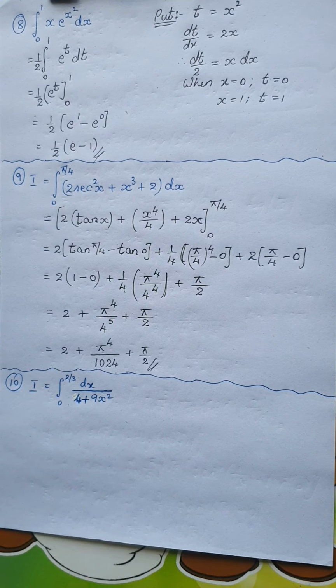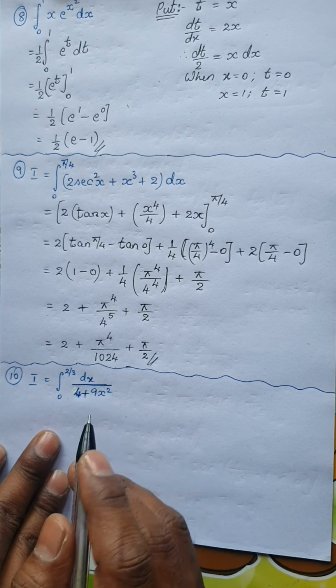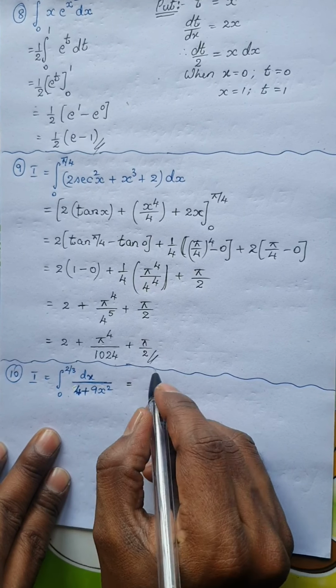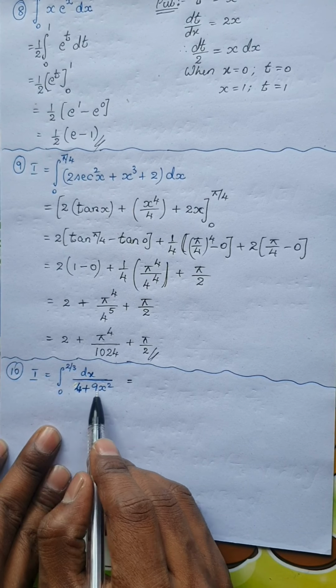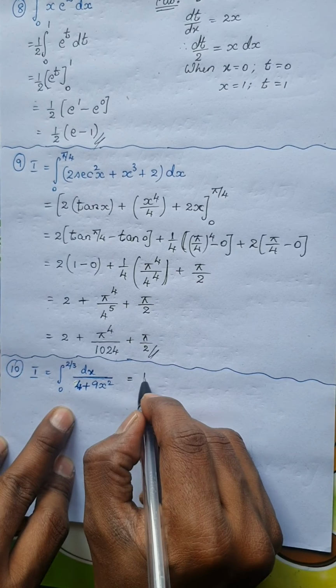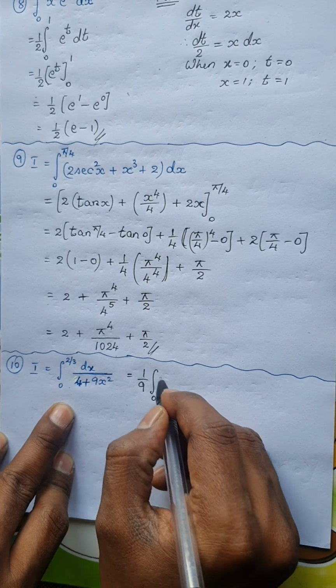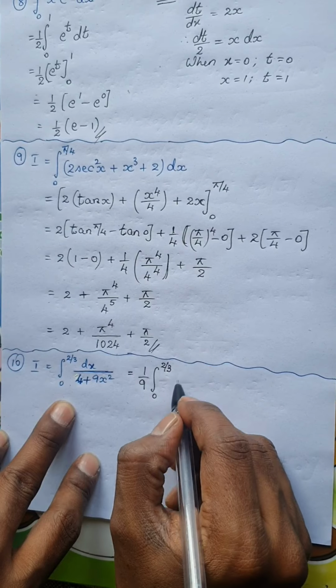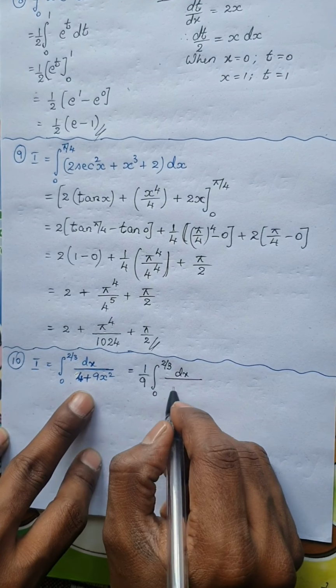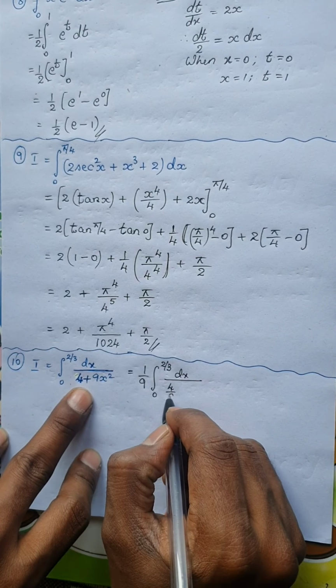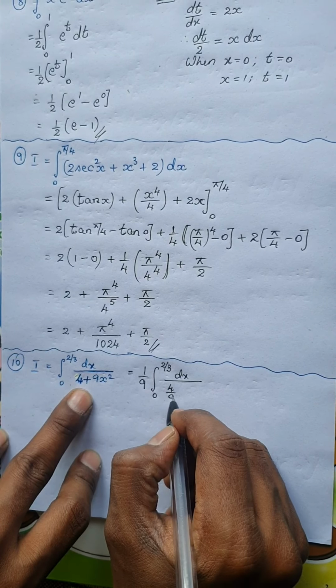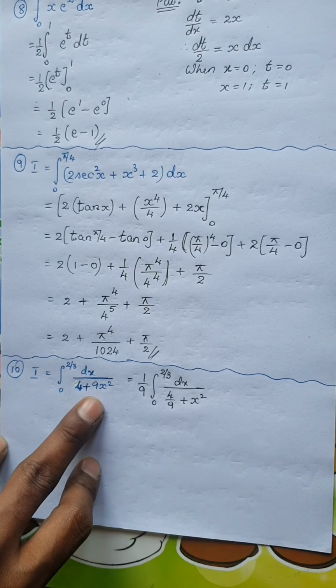The next integral we have is the integration between the limits 0 to 2/3 of dx divided by 4 plus 9x². Okay, so I am going to make some arrangement here. Now in the denominator I am going to take 9 common and keep it outside. See what happens. So this is 0 to 2/3 as it is. This is of the form dx divided by, now since 9 is not in the first term, I have to divide it, plus, now since 9 is already taken outside, I am going to take it as x².